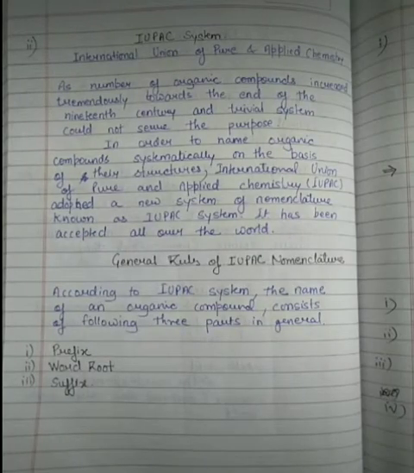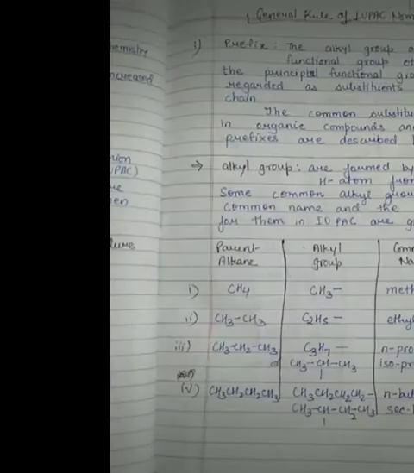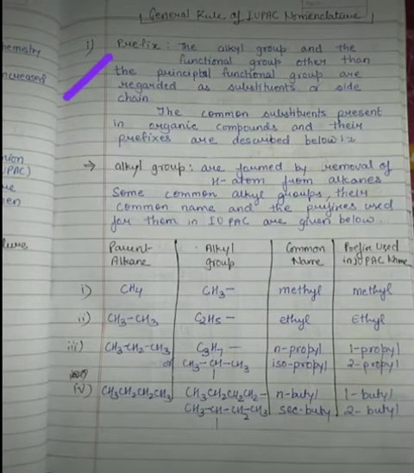Earlier, I have told you there are basic three parts: the prefix, the word root, and the suffix. So let us discuss each of them. Students, prefix. As in your other subjects also, prefix basically means the word before the main word, which fixes previously to the word. So for prefix, I have told you basically alkyl groups and functional groups which are not principal functional groups are used.